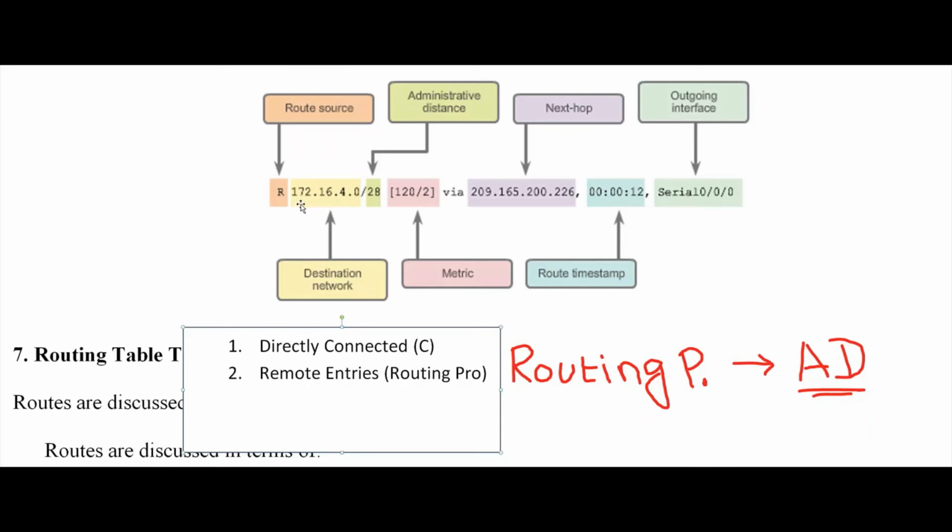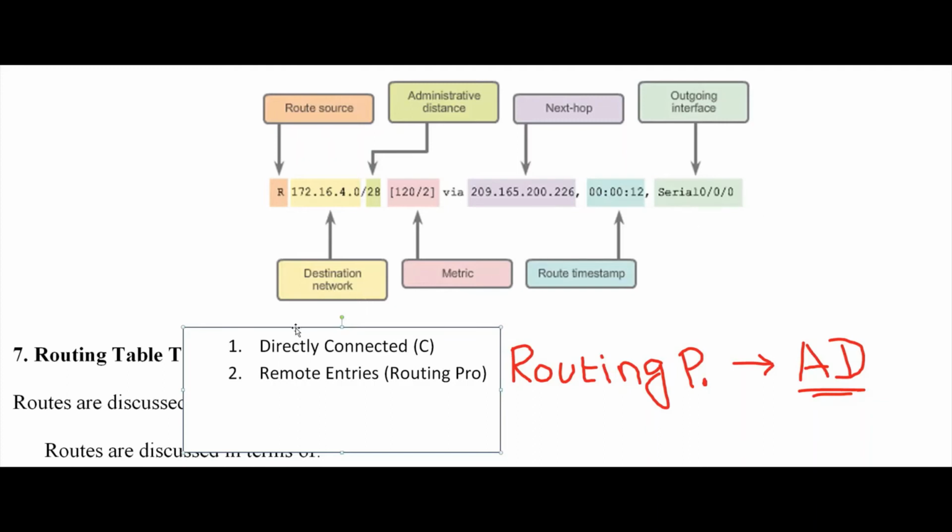Then what is the destination? What is the subnet mask? That means the CIDR value. Then this is the administrative distance value. For every routing protocol, there will be an administrative distance value. For the RIP protocol, it is 120. Then this is going to be the jump, that means the number of hops. That is called the metric. Then via, that means direction. Which interface? That is a serial. Automatically your packet will reach.